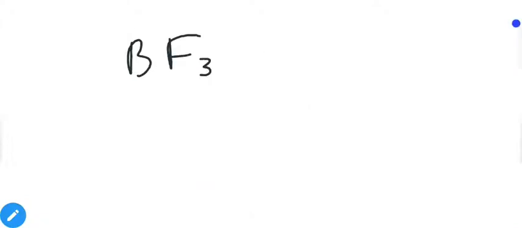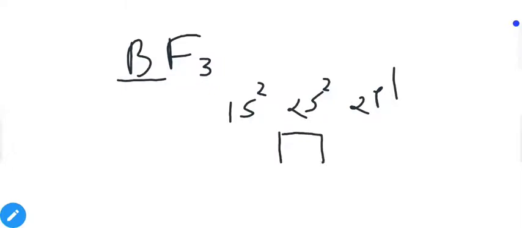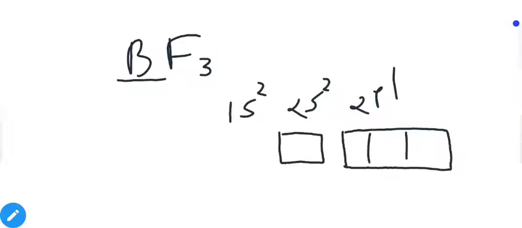Now consider trivalent compounds of this group, that is, when an element of group 13 is attached to three other elements. It is an electron deficient compound. If we check the electronic configuration of boron, it is 1s2, 2s2, 2p1. That means its outermost shell contains a total of 3 electrons, 2 in s and 1 in p. So the 2 electrons of s will split and one of the s electrons will jump to p. The p orbital already has 1 electron and it will accept 1 electron from the s orbital. So now we have 3 unpaired electrons.